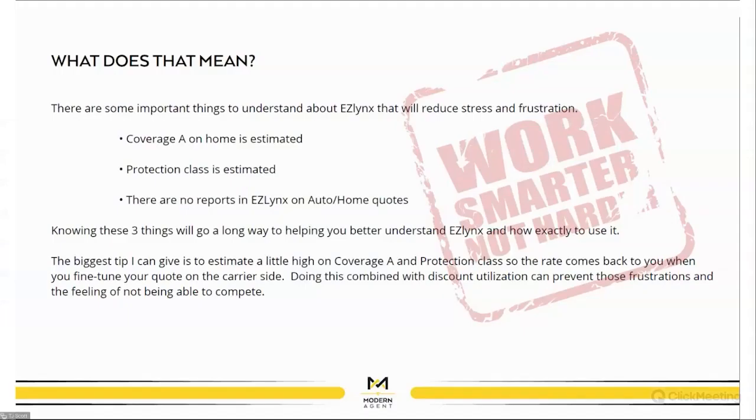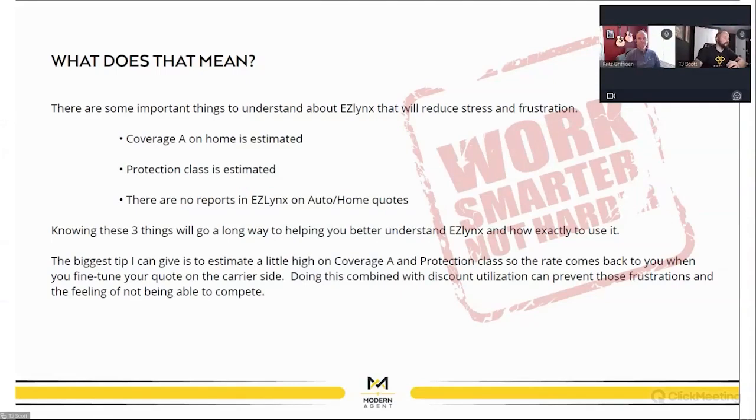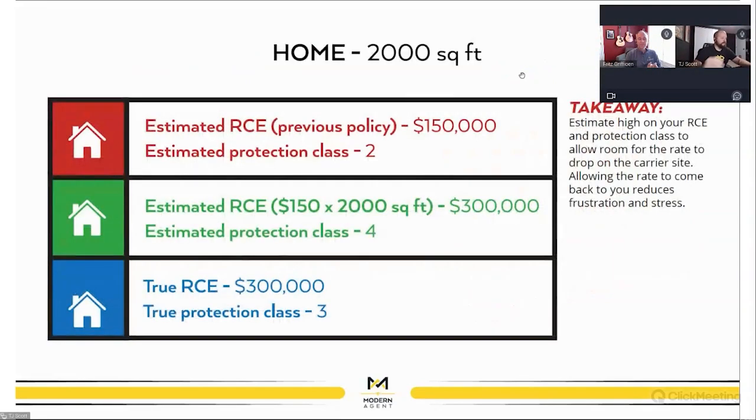Maybe letting your surprises be positive instead of negative, I guess, in part, right? And I think you got some examples of that for us. Yeah, yeah. So I created this chart here. This is not a real house. I just said a 2,000 square foot house, and this is just an example. You could even estimate a little higher because the carriers' stance on the risk is going to be relative.